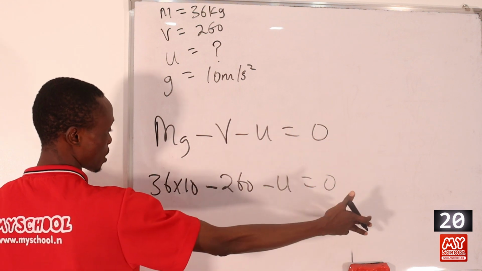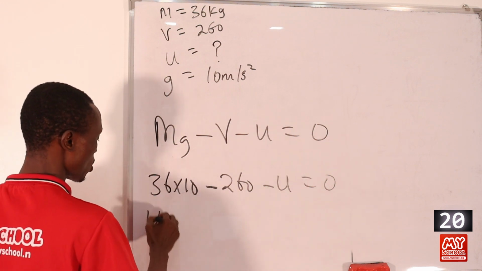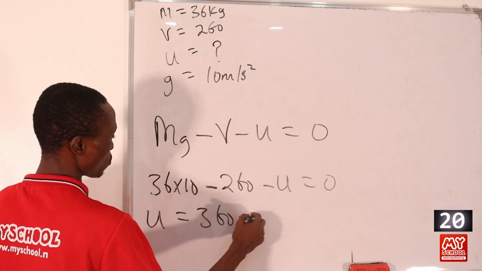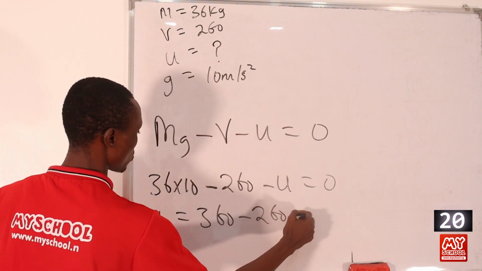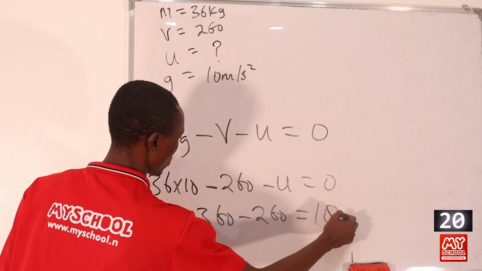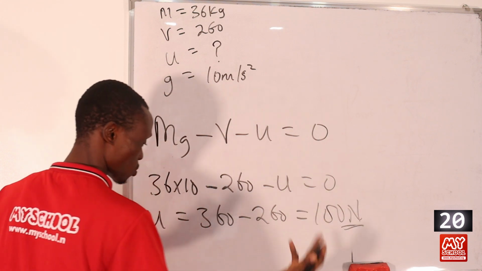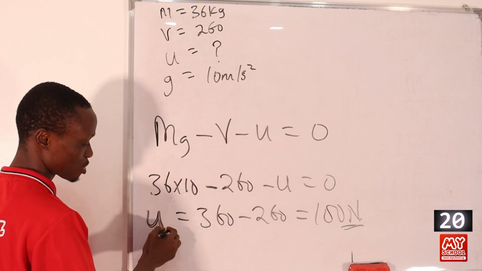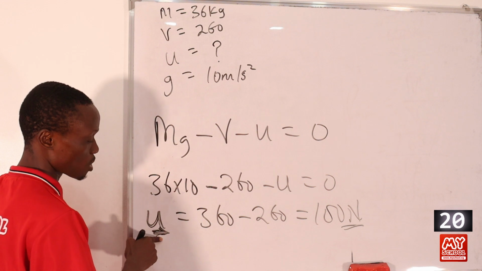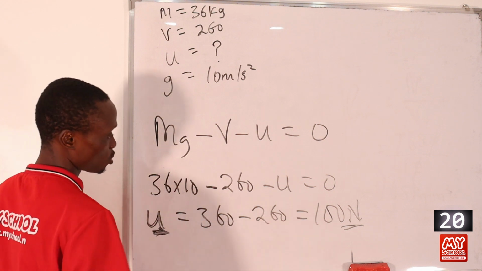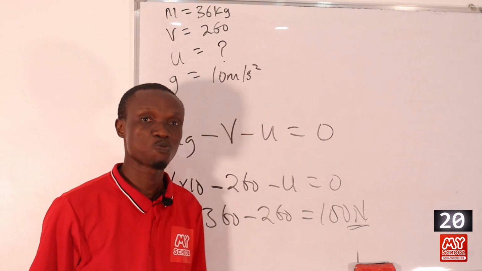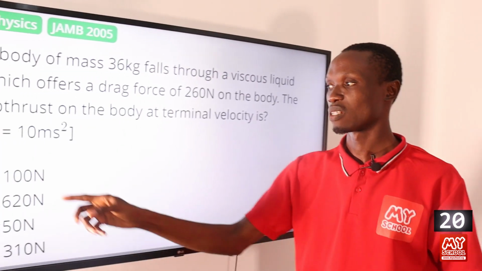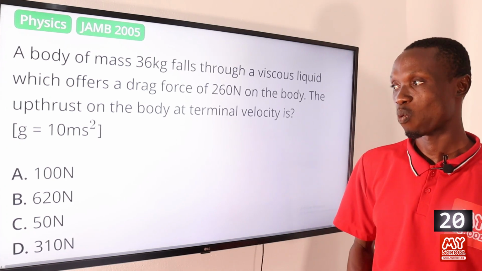So we just move it to the other side of the equation, so that we'll have u equal to, if we multiply these two, 360 minus 260, and this will be equal to 100 Newton. Upthrust is a kind of force too, right? So the upthrust acting on the body at terminal velocity is equal to 100 Newton. So let's move back to the board to pick the correct answer to this question, and that is option A,